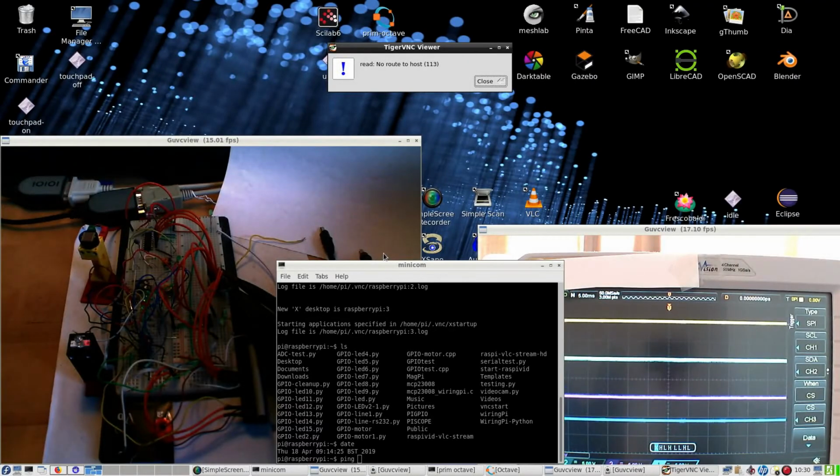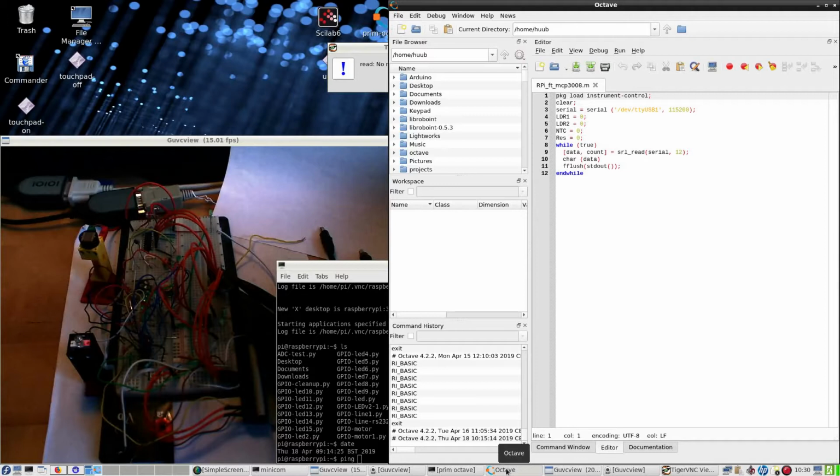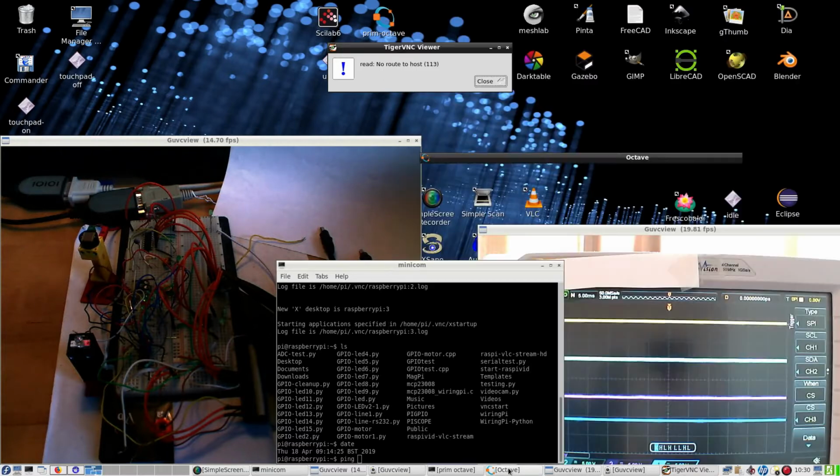And then things go wrong because I had the VNC viewer ready to go with camera and oscilloscope, etc. Also Octave ready to go, set for RPI, fischertechnik, and the serial interface. However, as you can see, it has crashed,